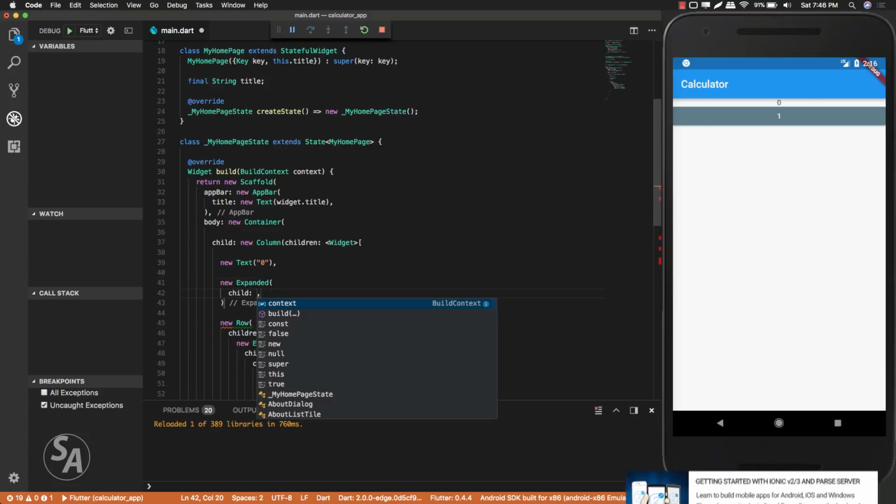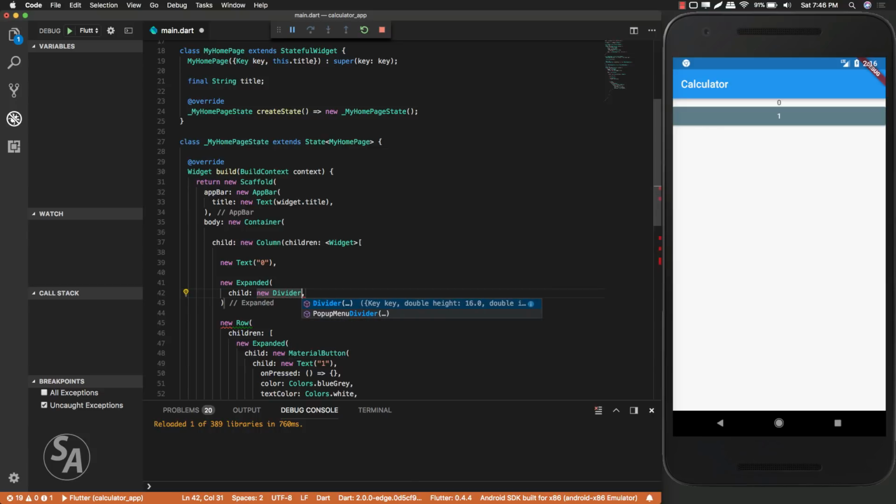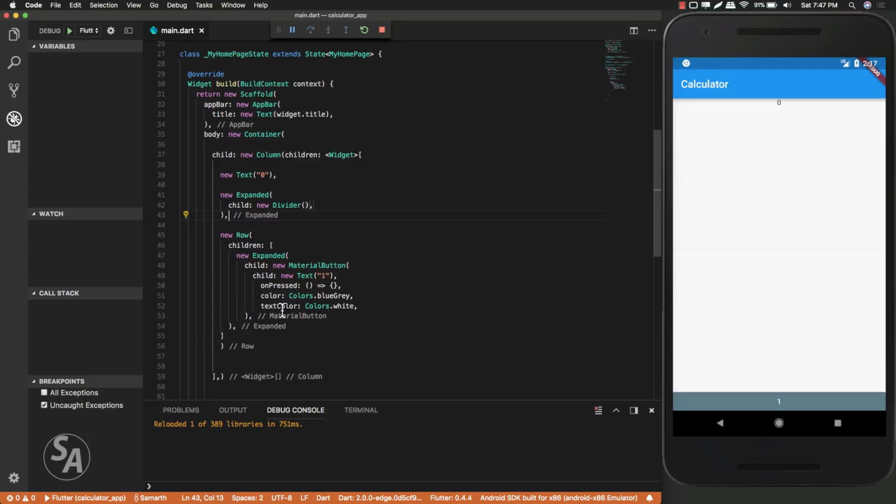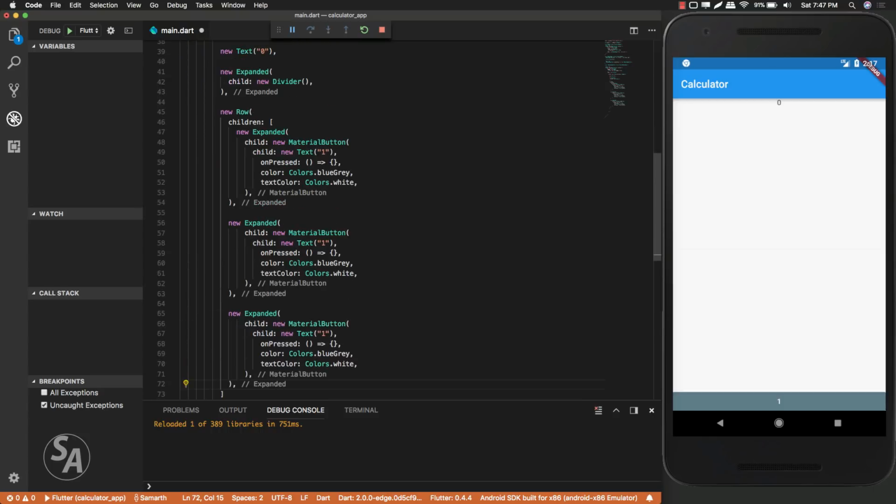So what this will do, this will take up all the available vertical space in our application and will make sure that the text widget is displayed to the top while the button, which is inside a row, is displayed towards the bottom of the page. So the expanded widget has taken up all the available space in the middle of the application page. Because we are in a row and it has a children property, we can replicate the expanded widget a number of times. So let's just copy this and paste it a number of times, and I'll refresh the application,